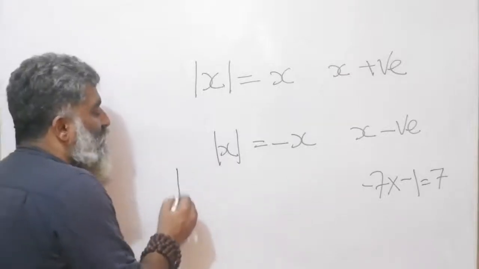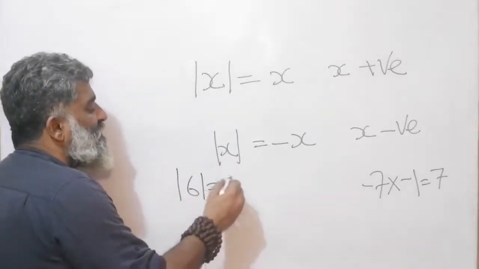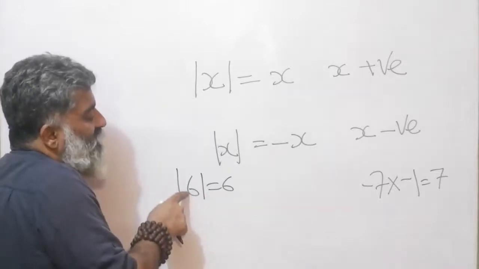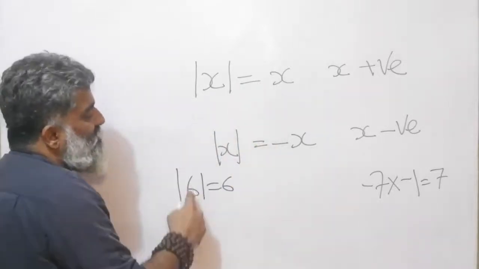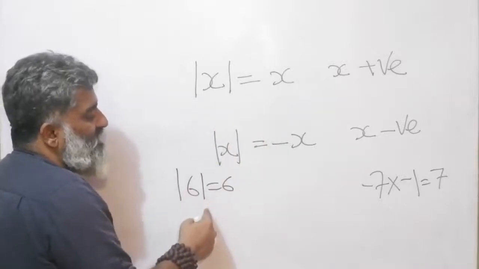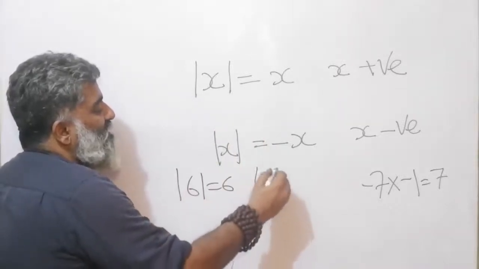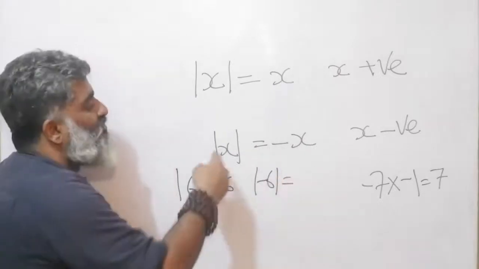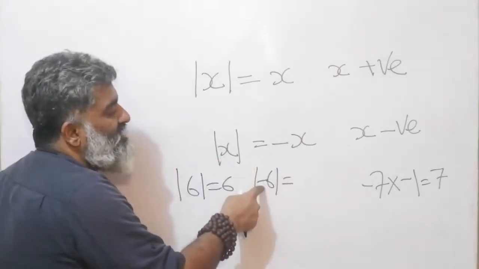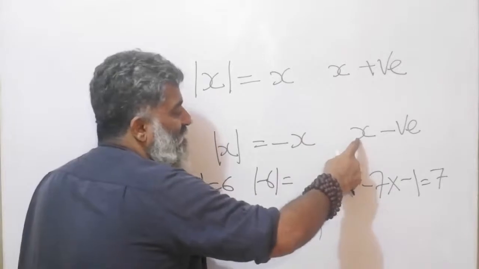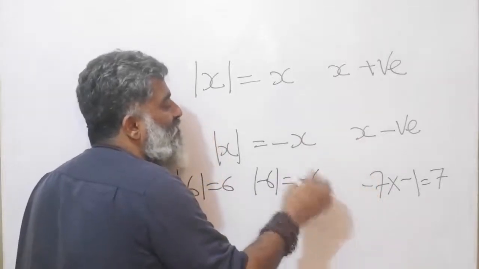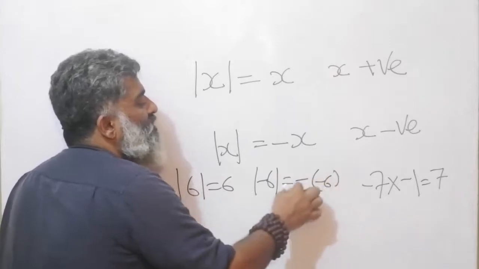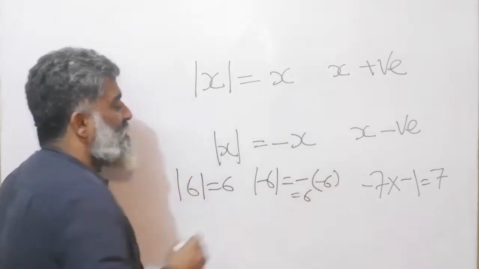So now I wrote it very easily, mod of 6 is equal to 6. Why? Because I saw there is a 6 inside. The 6 is positive, that means just the x comes out. But if I do a minus 6, how do I go? I want to go slightly slower than just the result. I have a minus 6, that means x is negative, that means I have to do a minus of x. And what is x? X is a minus 6. So this will finally become a 6.